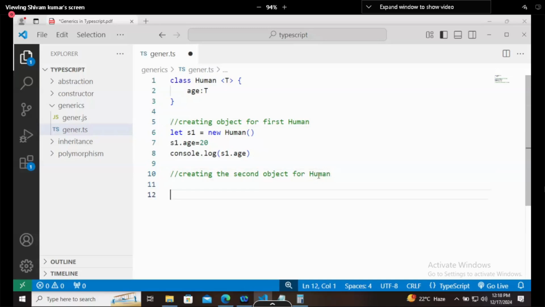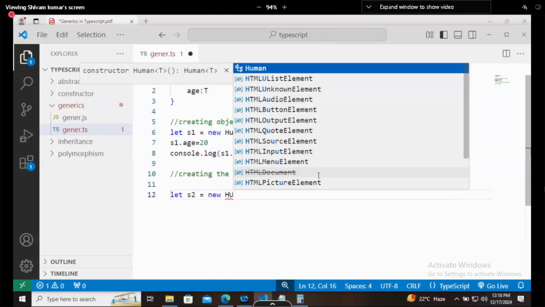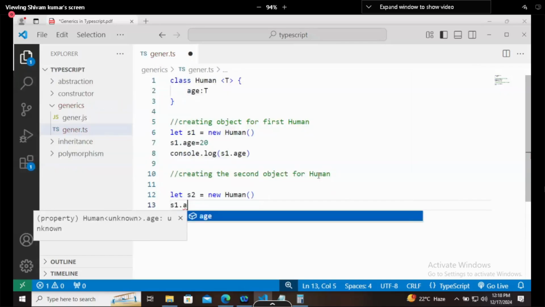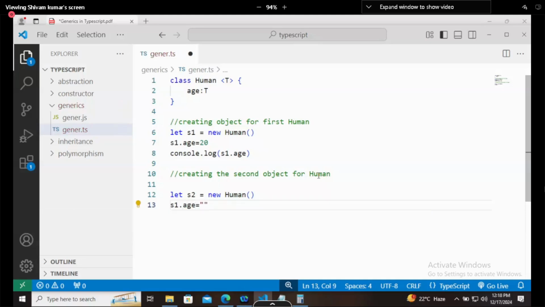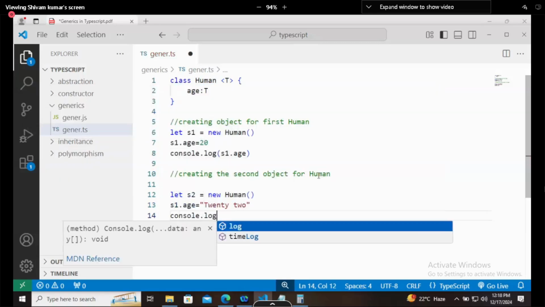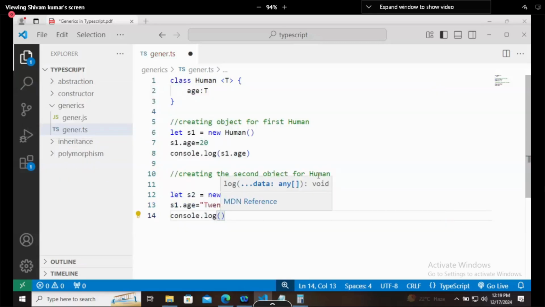I will say let s2 equals new Human, and here s2.age equals 22, and after that I will print it with console.log s2.age.